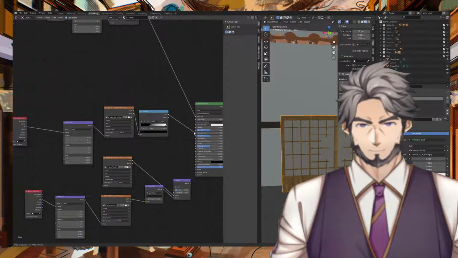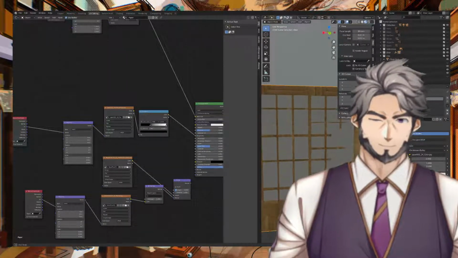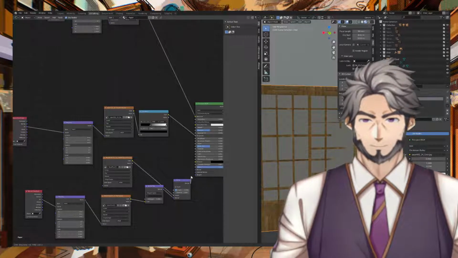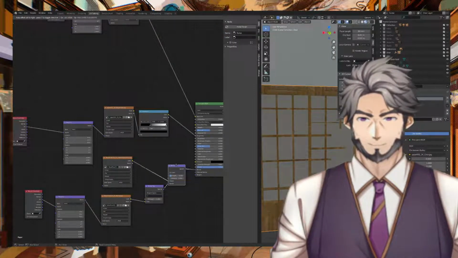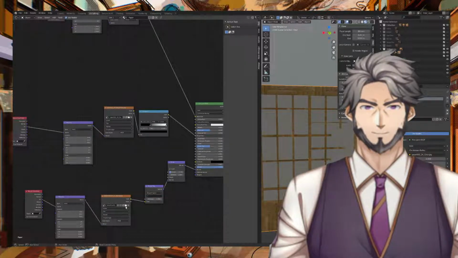And color to the roughness. Put this over there. Make sure that the ambient occlusion paper is not there. Make sure the normals